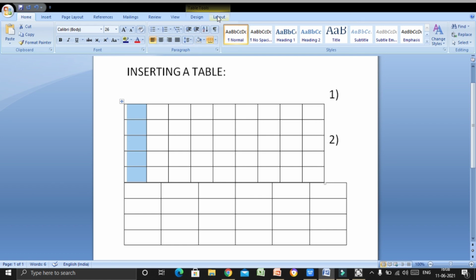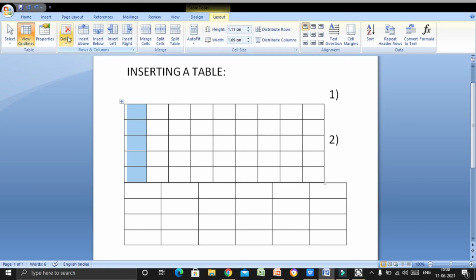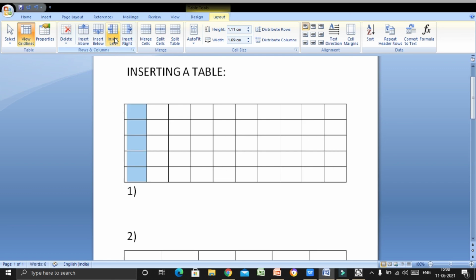I will move to the layout tab. Okay. And I will click on the, see here, insert below, insert left and insert right options are given in the rows and columns group. Clear? From here I will click on the insert left option. You can see here the column is inserted.